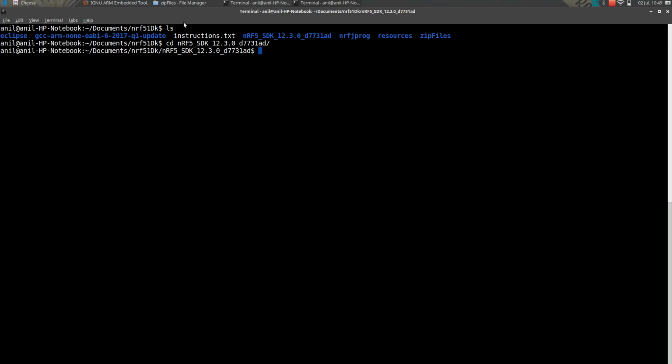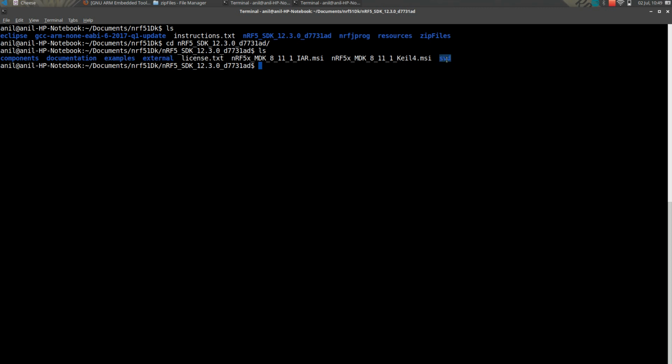Then go to your NRF SDK folder. So in here you will find subfolders: components, documentation, examples, external, and SVD. So we're gonna look into the components folder.